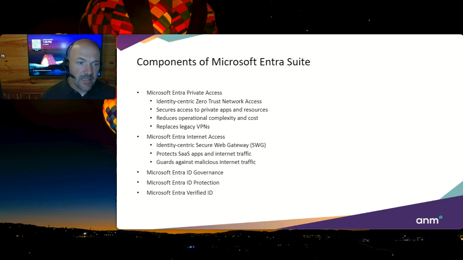So Private Access is more of a zero trust network access that you can have inside your organization. The purpose was to replace the legacy VPN. So you can configure it in a way where you're using Entra as the VPN, air quotes there, versus using a traditional VPN. It's a lot more secure and you can control a lot more access that way. And Internet Access is doing it more like a secure web gateway. So it's making sure that the ID that is authenticating in with Entra,